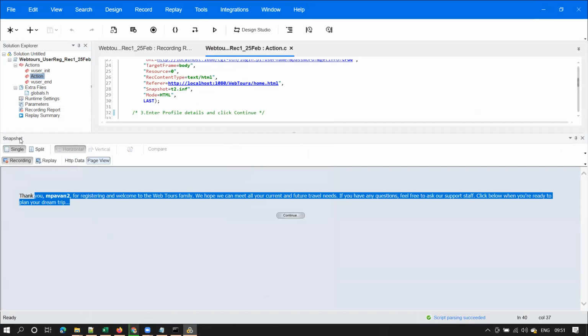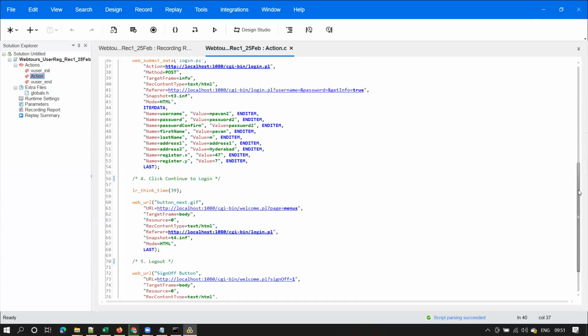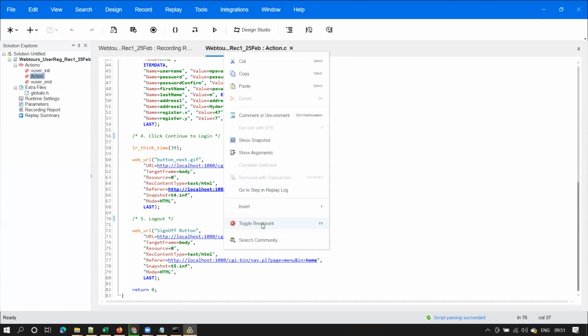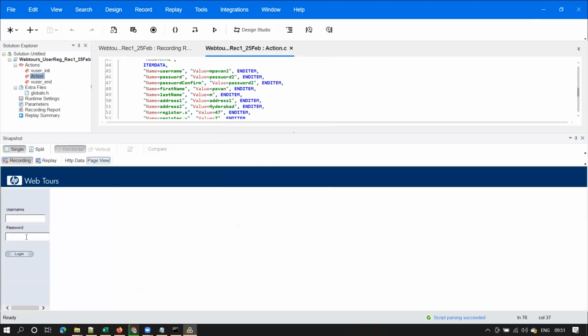And observe here, this is the snapshot window. In the snapshot window, you have recording snapshot and replay snapshot. I will explain these options later on. But for now, understand how to see the response, or how to see the recording snapshot. And once we log out of the application, we see the login page again, isn't it? Somehow it will not show this part. I'm not sure why, but it's not required, not important, so I ignored that. But once we log out of the application, you'll see this login option again. Yes or no?